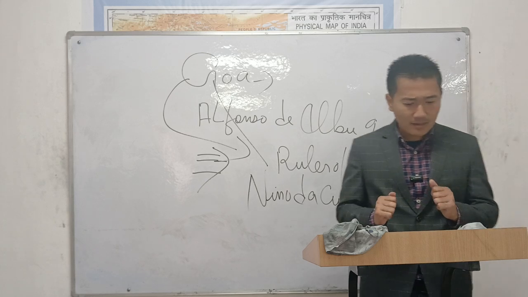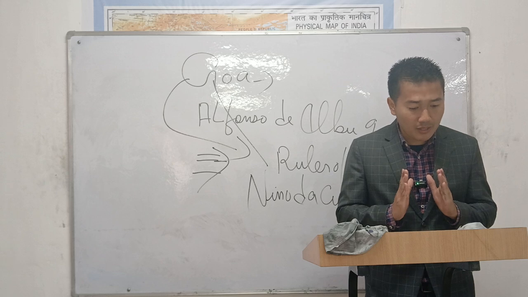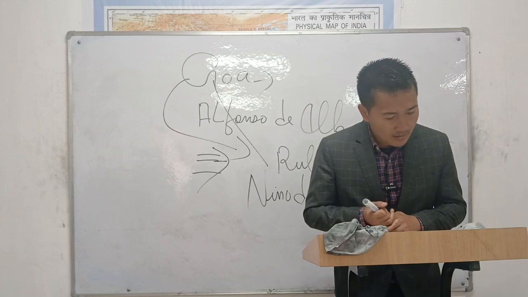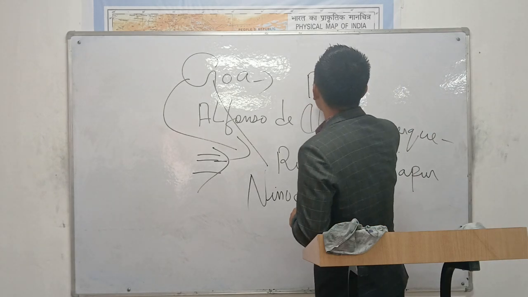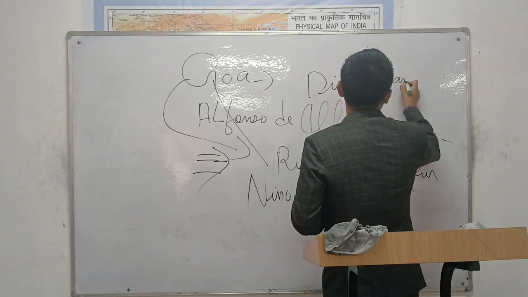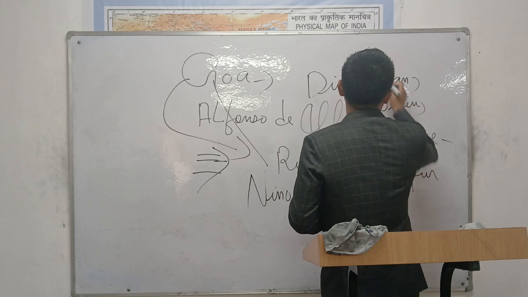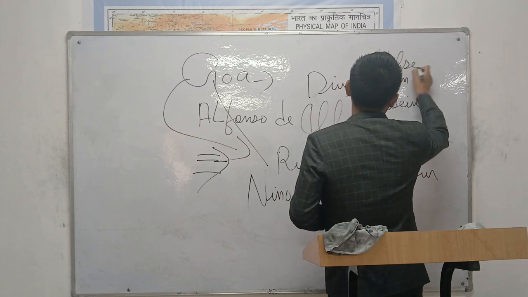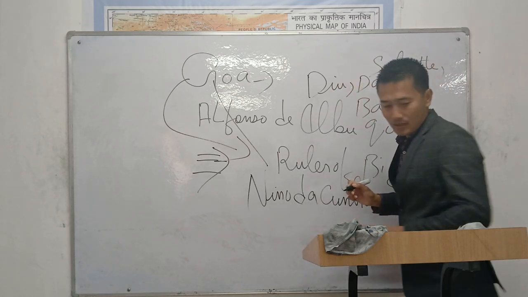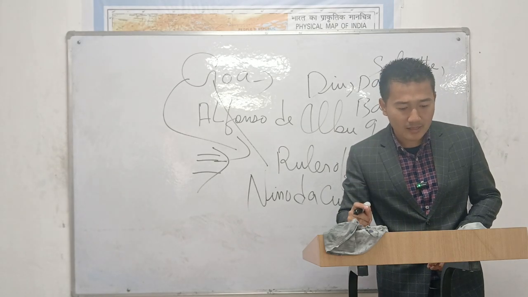This might be asked. Please write down. The Portuguese settled in Cochin, Goa, Diu, Daman, Basin, Senti,